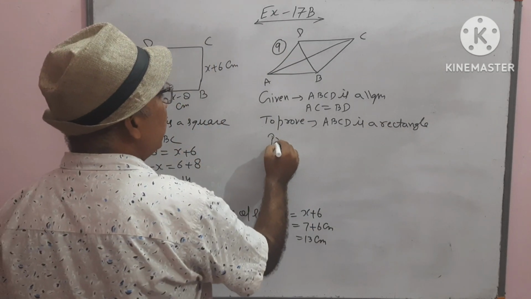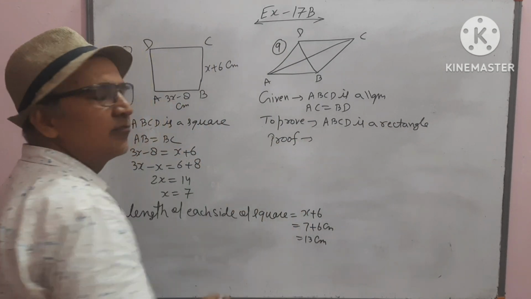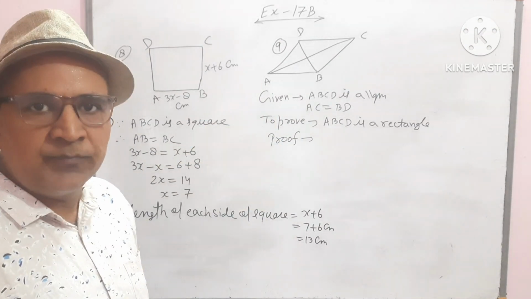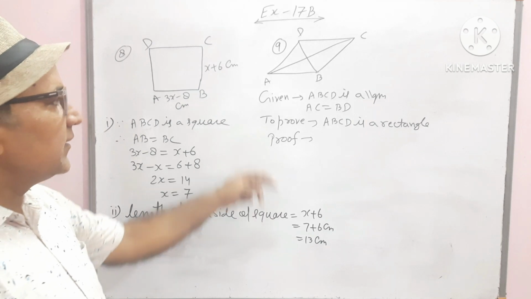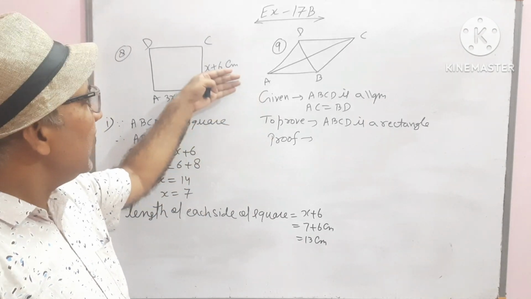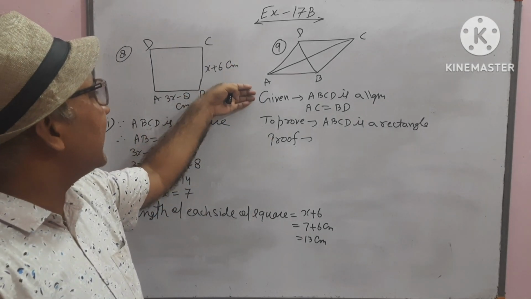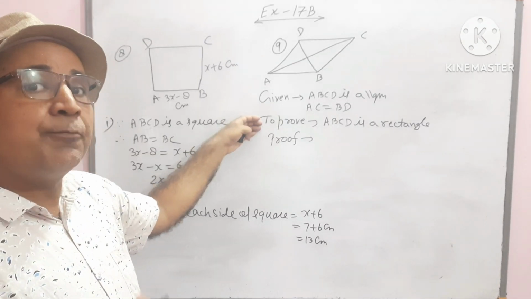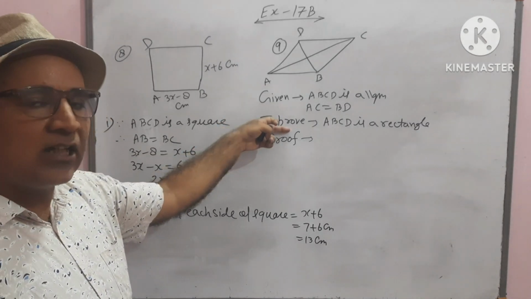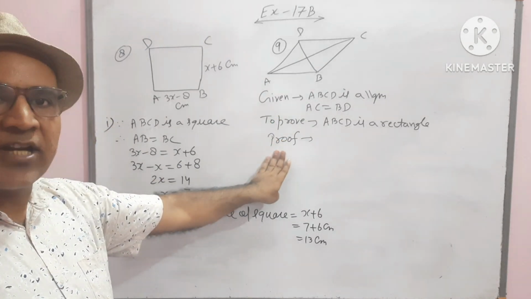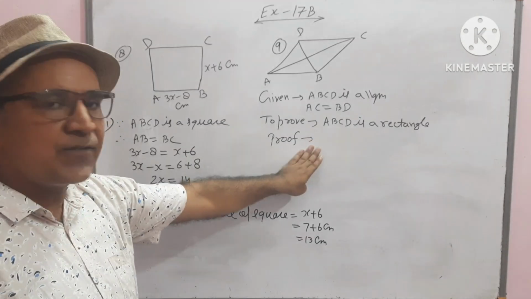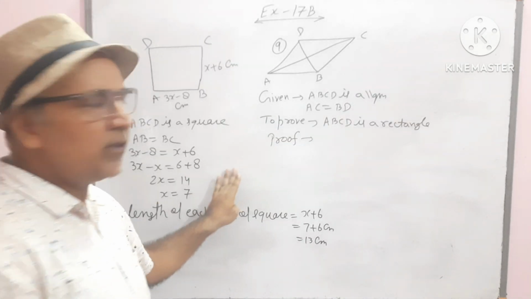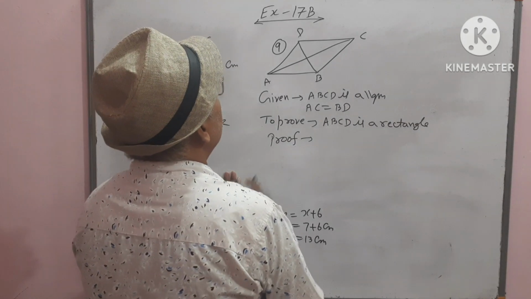So how to start the proof? Watch carefully. This method of writing is called proving a theorem. When we prove any statement, that is called the proof of the theorem. And whenever we prove the theorem, we write the given points, then we write what we have to prove. If we have to do any construction, then first we write construction and after that we start. You can directly start from here, from where I am going to solve the proof part of it. Okay, see how to do.